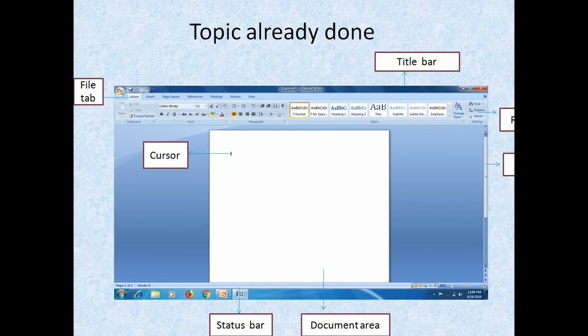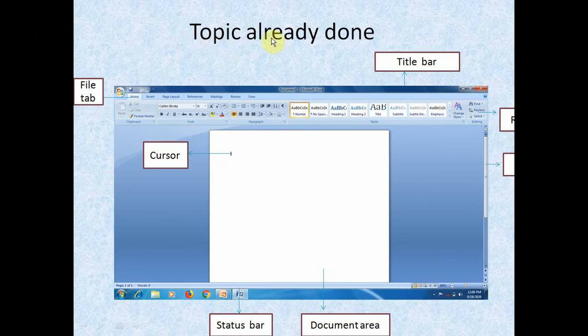We can insert pictures and tables also. Easily you can add a picture in your document, as your book has many pictures. You can preview the document before printing. You can print also, and before printing you can see the preview.